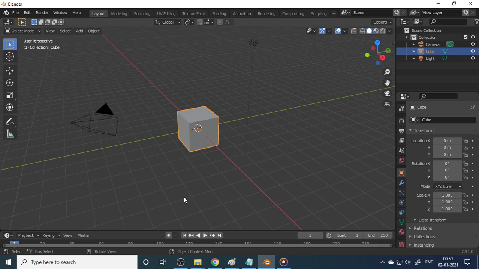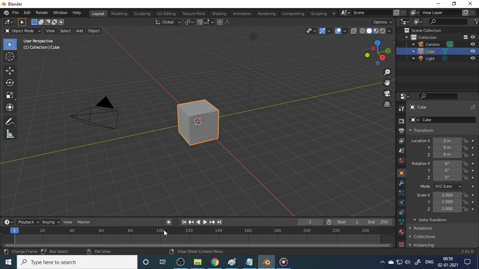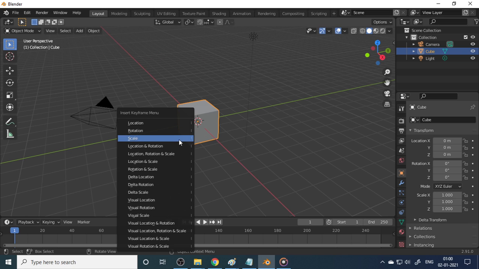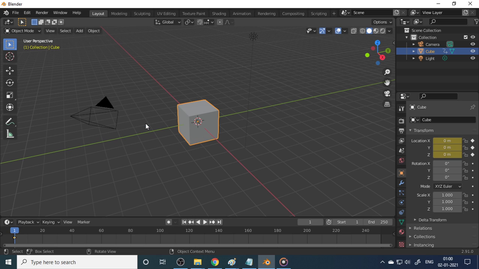In this video, let's understand how to make a simple animation. Scroll up the timeline, then select the cube, right click, select insert keyframe, select location. Then bring this point to 20, then select move